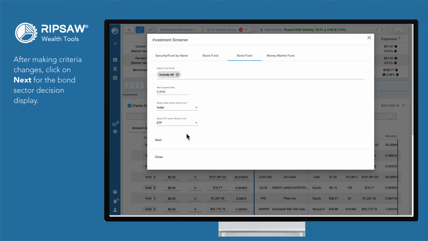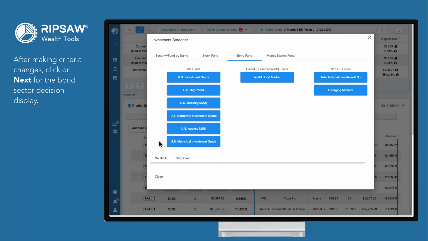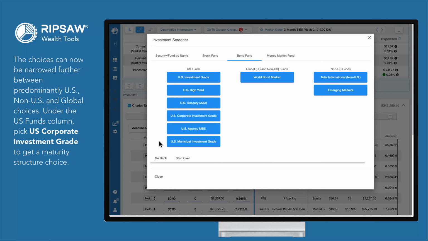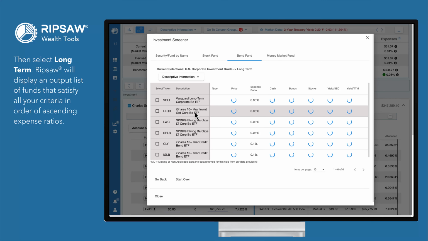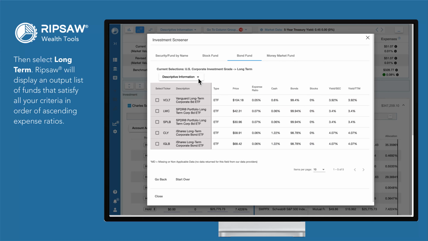After making criteria changes, click on Next for the bond sector decision display. The choices can now be narrowed further between predominantly U.S., non-U.S., and global choices. Under the U.S. Funds column, pick U.S. Corporate Investment Grade to get a maturity structure choice. Then select Long Term. Ripsaw will display an output list of funds that satisfy all your criteria in order of